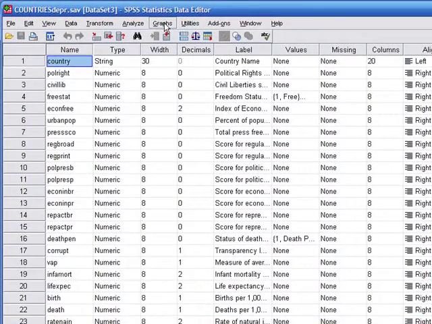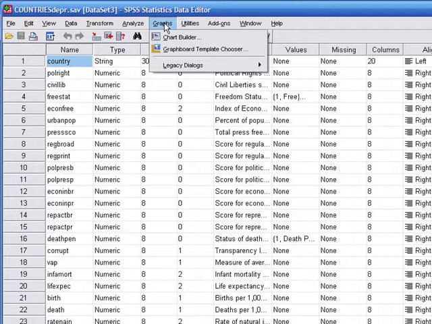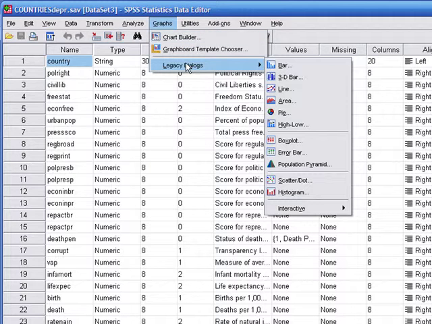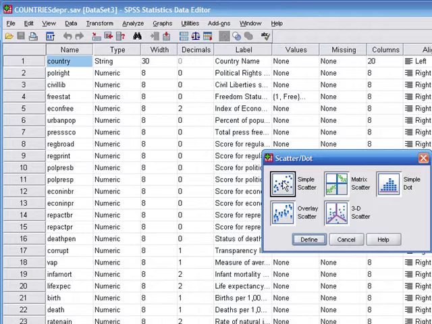What you want to do is go to the Graphs command. Skip the Chart Builder. It's supposed to be a better way of building charts, but it is actually far too complicated and difficult to use. So what you really want to do is go down to the Legacy Dialogs, which provides sort of the old school way of doing it, which is actually much simpler. Go down and choose Scatter/Dot. Choose the Simple Scatter plot,